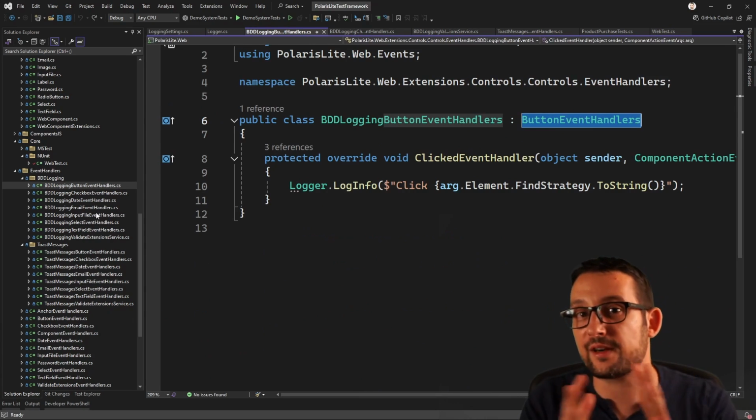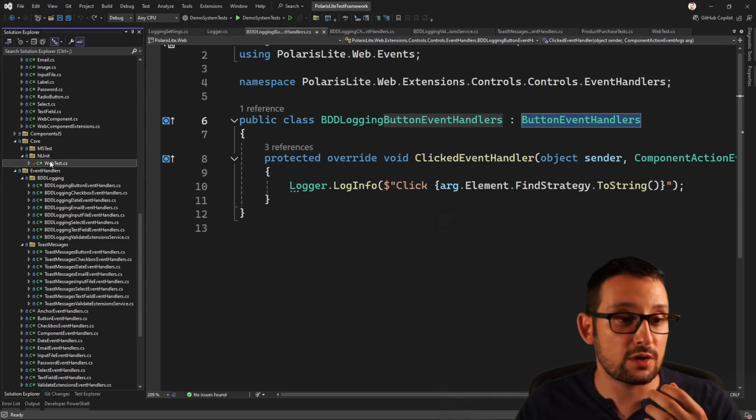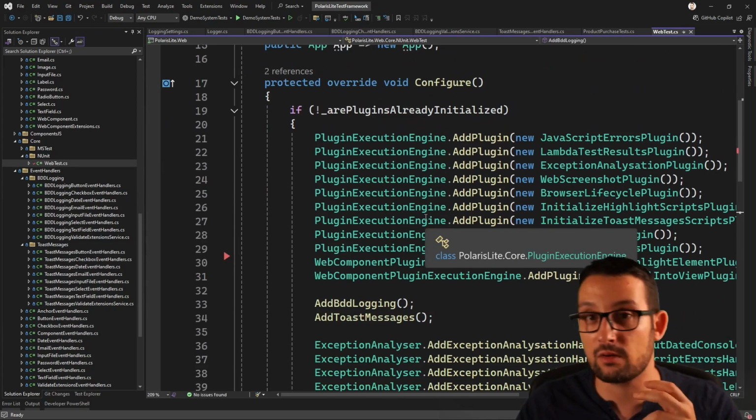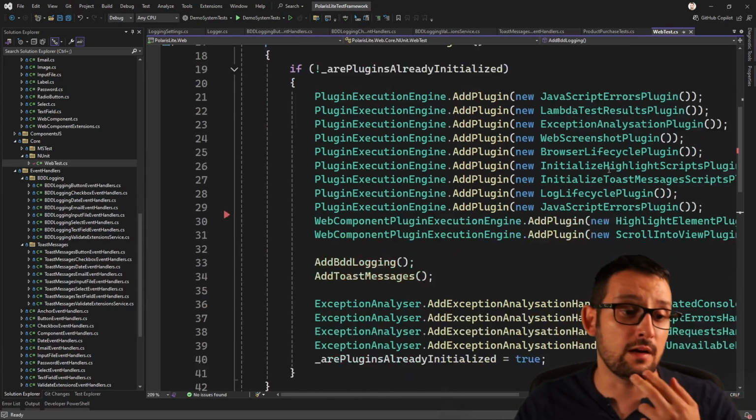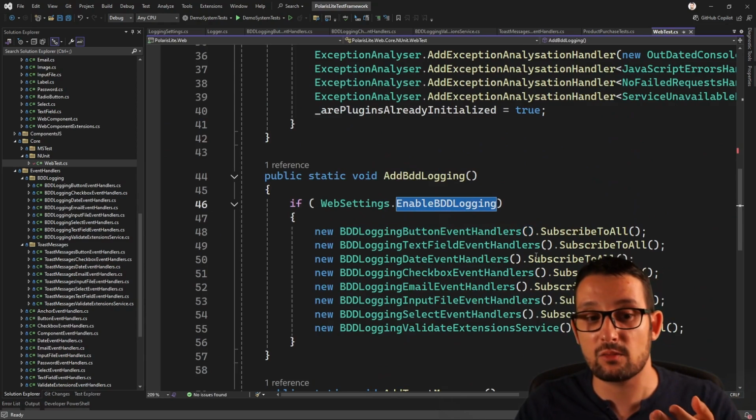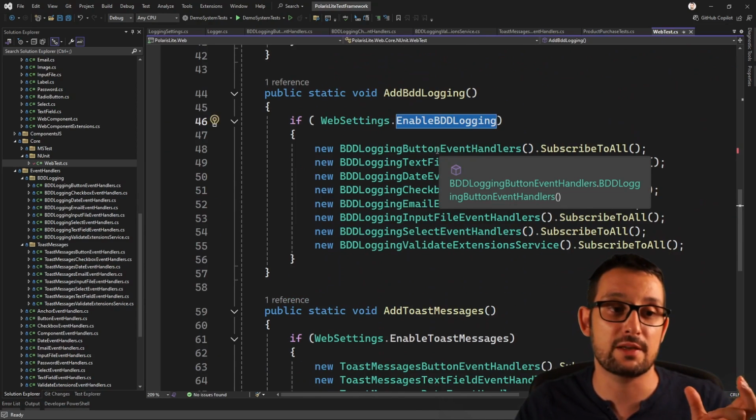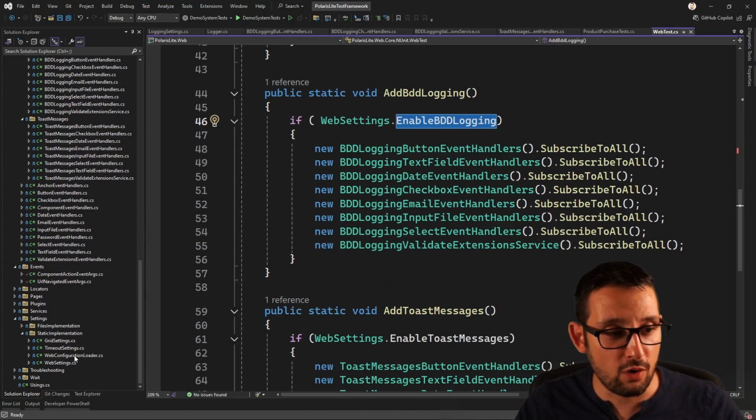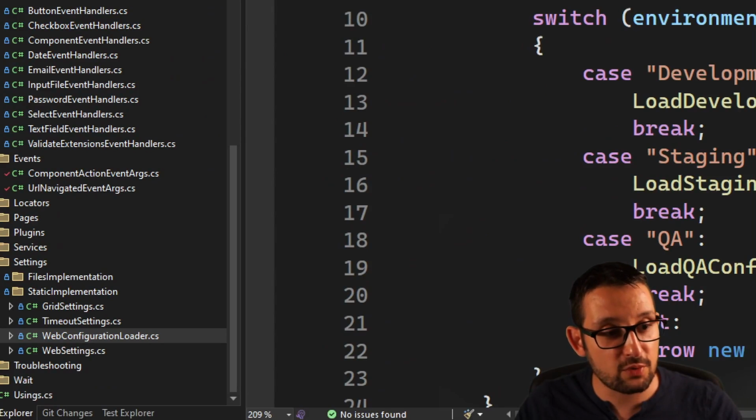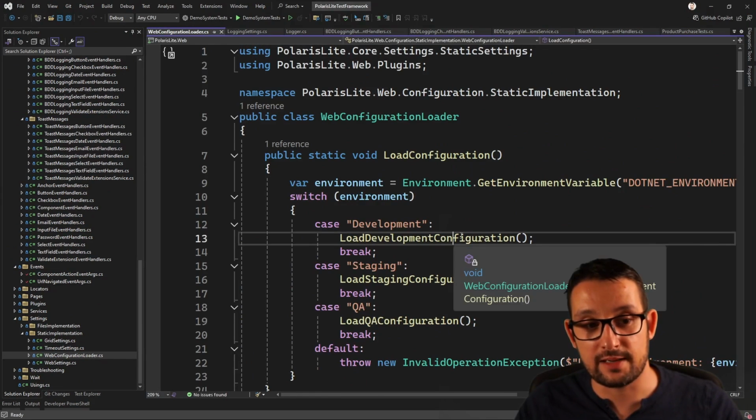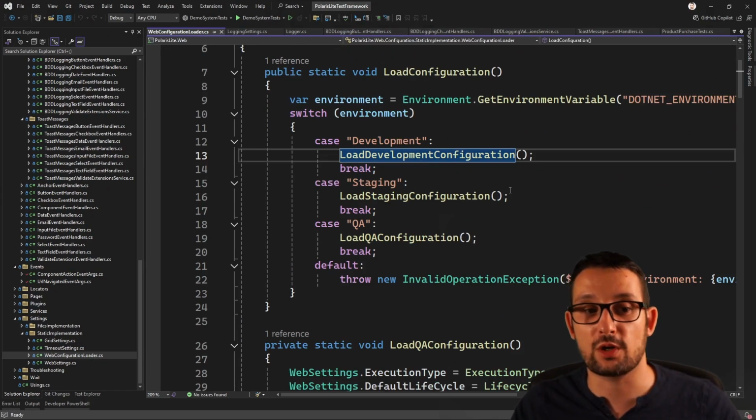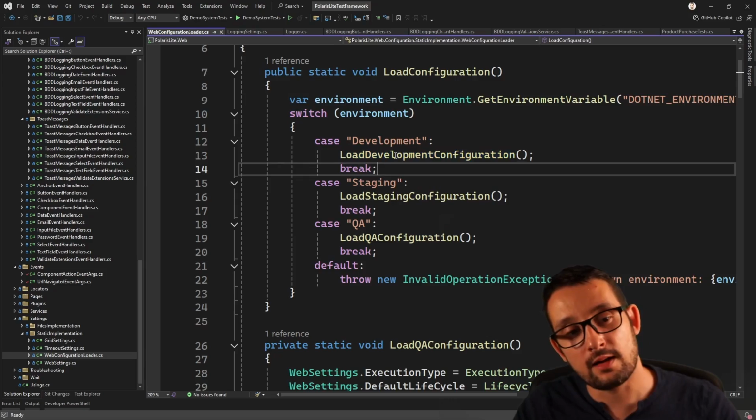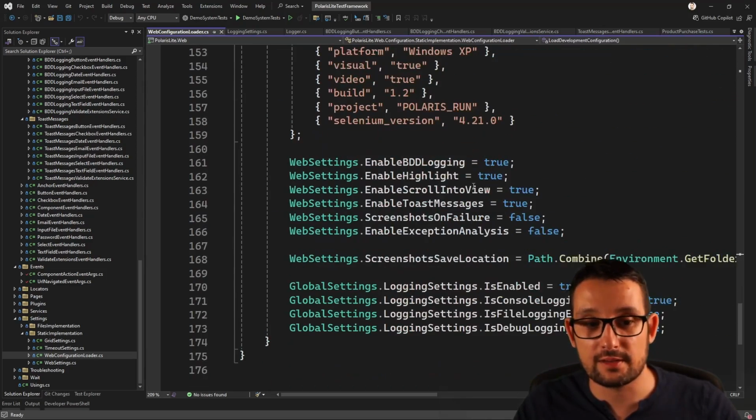And this is how we hook everything together. Again, this logic will be executed every time we execute our tests. However, whether it is executed or not depends on the key here, whether this is enabled or not. And if you recall, we have a special class called web configuration loader that, based on the configuration we picked and switched through the CLI,